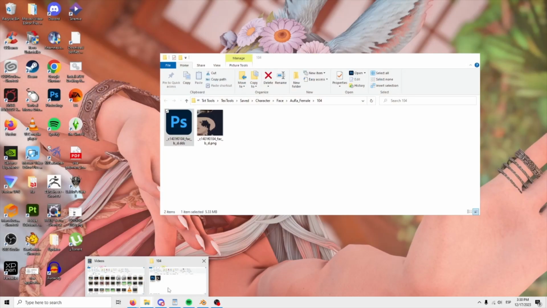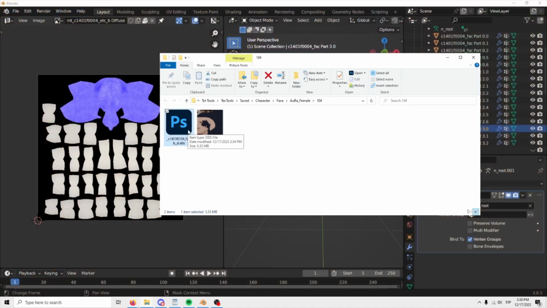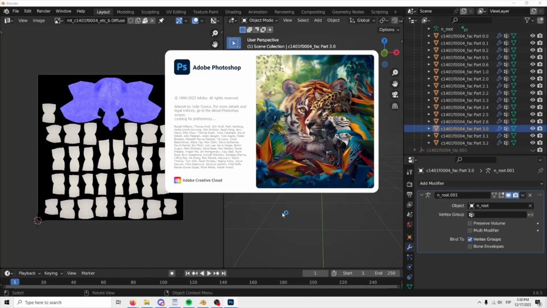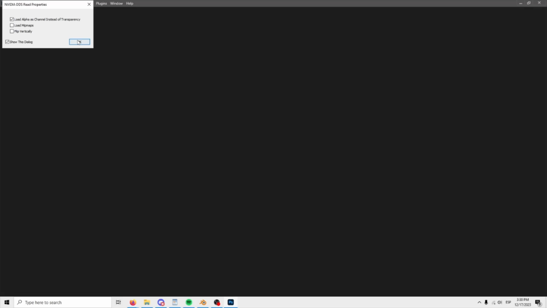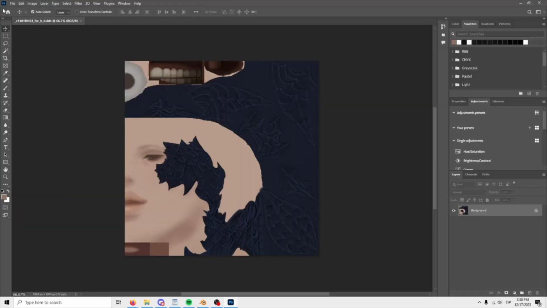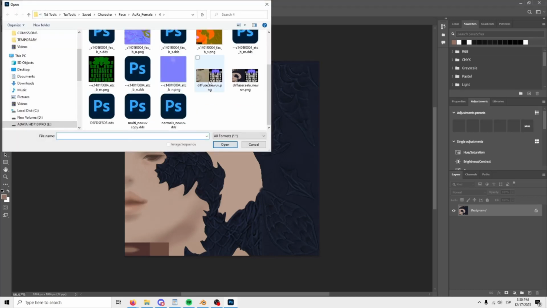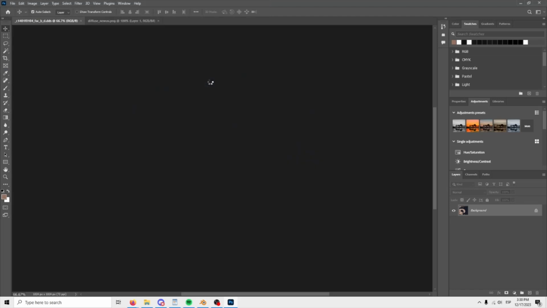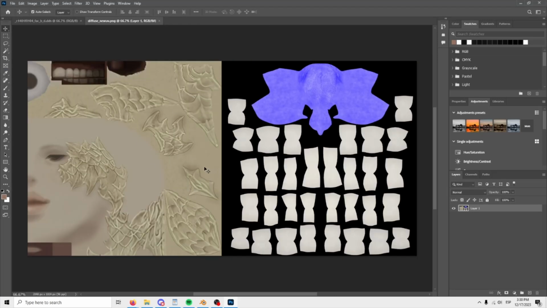I put them together in Clip Studio because it was a diffuse, and the diffuse doesn't really carry any other information other than the colors and the main look of everything. But this is how I set it up. The textures for the teeth are very, very big, so instead I just adjust it to the scale